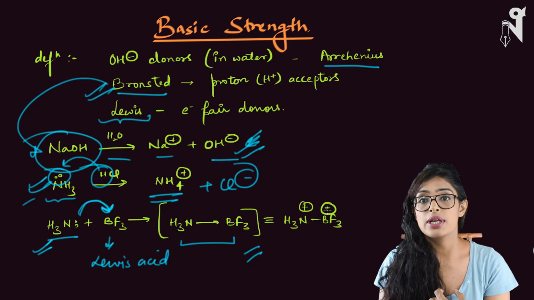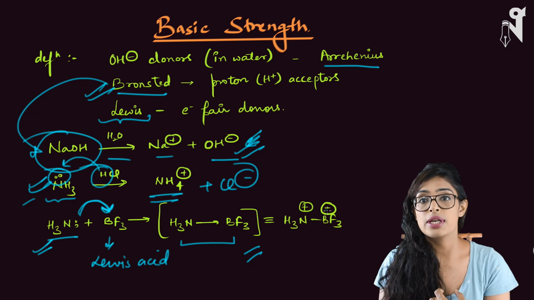One is Kb value, very similar to Ka value, and similarly pKb value, very similar to the pKa value. So Kb value, if it is more, then the basic strength is more, and your pKb value is opposite of it. So what is that pKb value? pKb value is minus log of Kb. So if Kb is more, pKb is going to be less. So if pKb is less, basic strength will be more. So just look at it. If Kb is more, basic strength is more,